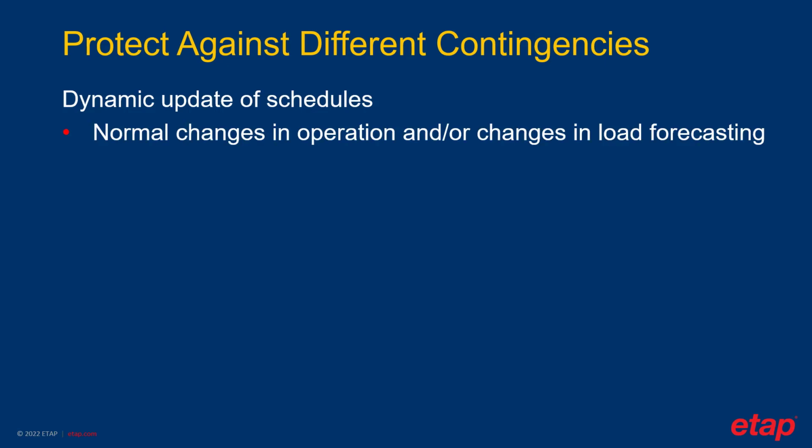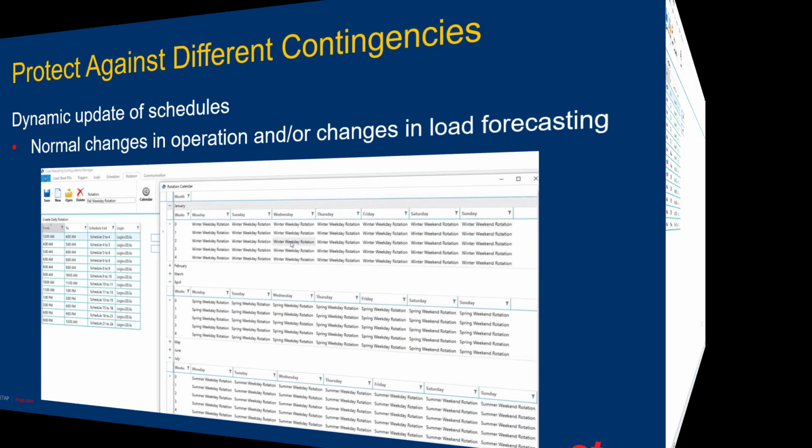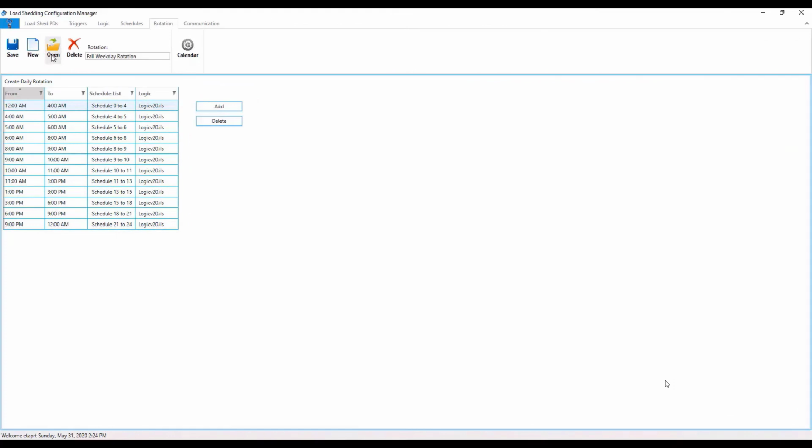Now, these schedules can be configured in a rotation calendar that can be adjusted to meet the operational changes in the network. Examples of these rotations can be changes in priority from daytime to nighttime load, or changes because of the seasons, holidays, just to mention a few examples. In this example, we can observe a schedule that is configured to change based on the time of the day. As the hour progresses during the day, the schedule changes as well.